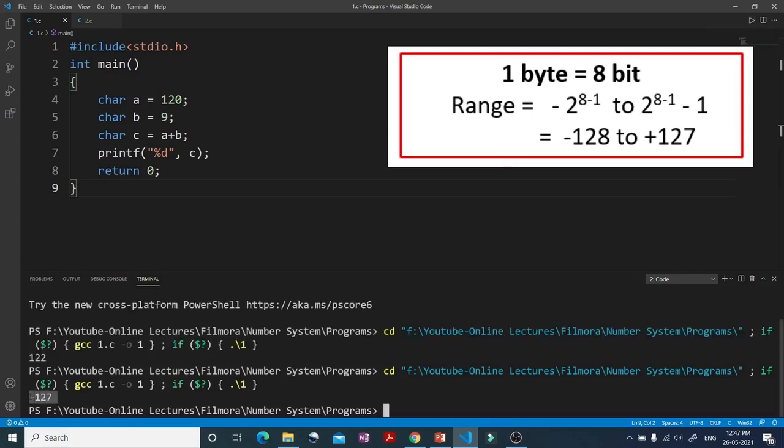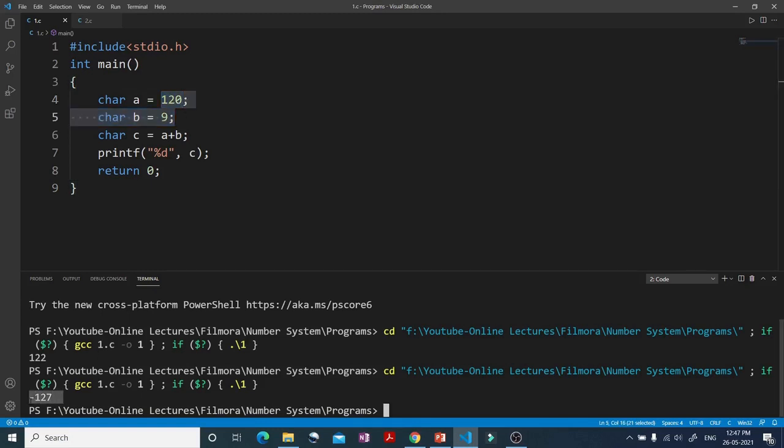Here you can see it is showing me a negative answer, -127. It is not giving me any compile time or runtime error. But 120 plus 9 should be 129, and I am getting a negative answer. Adding two positive numbers, I am getting a negative answer. So this is a clear sign of overflow. That means my answer is wrong.